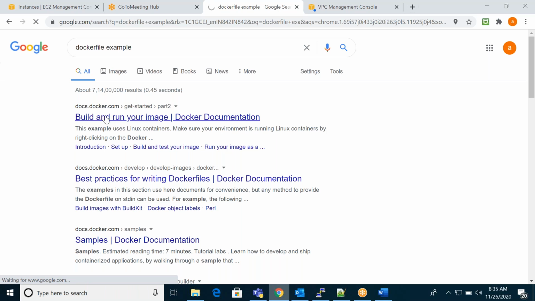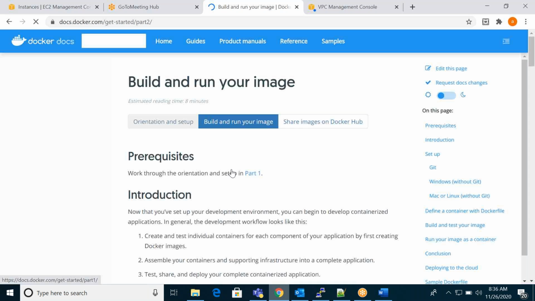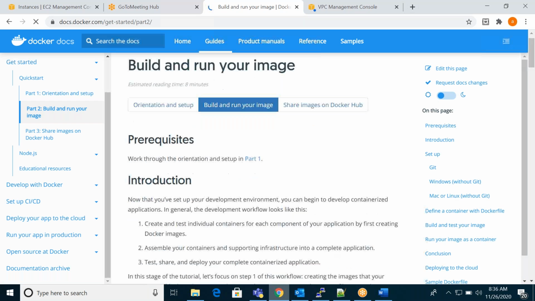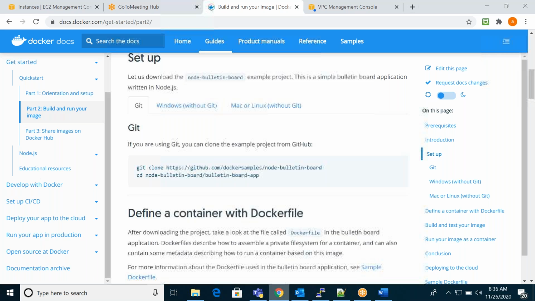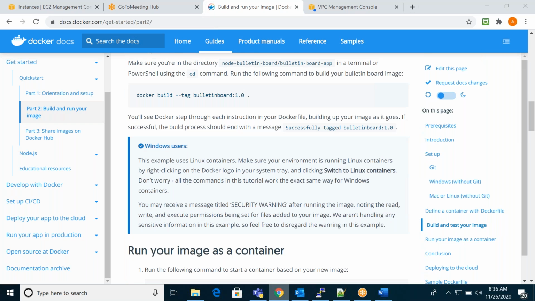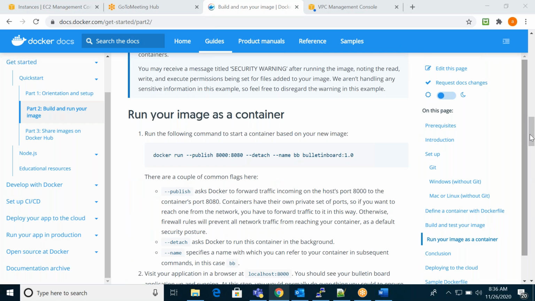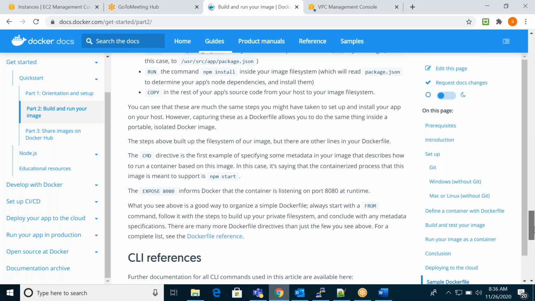Take an image, the FROM instruction. All instructions should be in caps.